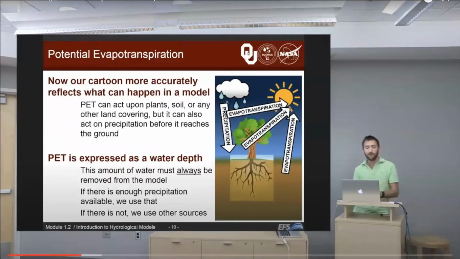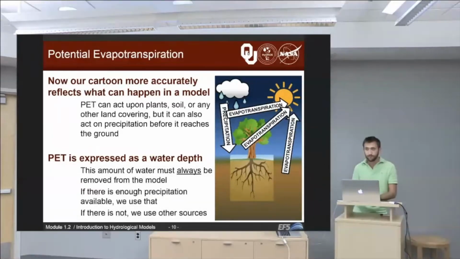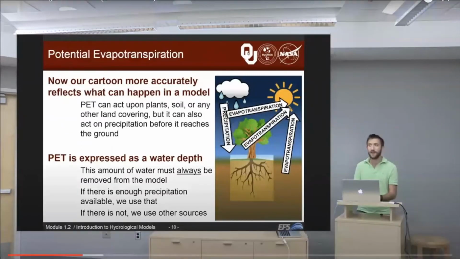This amount of water is always going to be removed from the model. So if we have enough precipitation available, that is, if the precipitation rate is higher than the evapotranspiration rate,